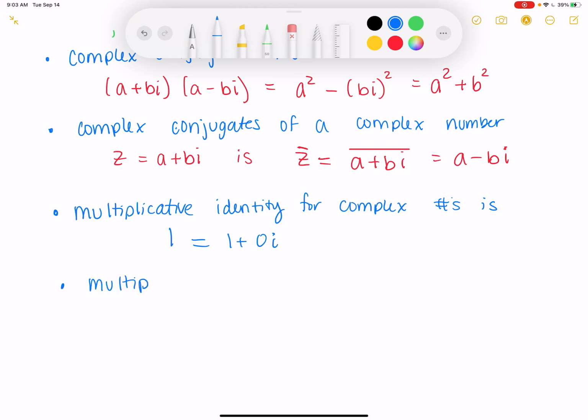The multiplicative inverse or reciprocal of z is equal to a plus bi is,